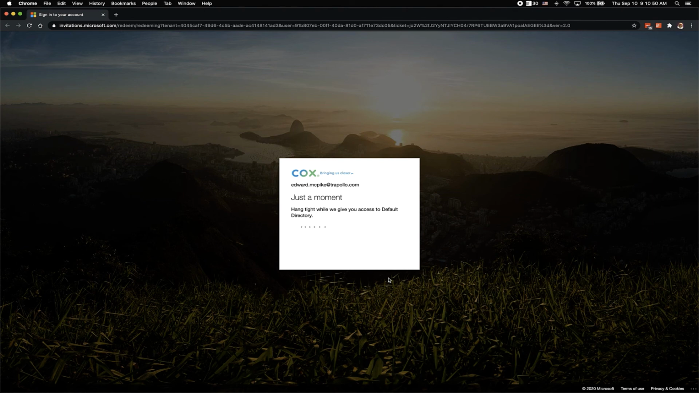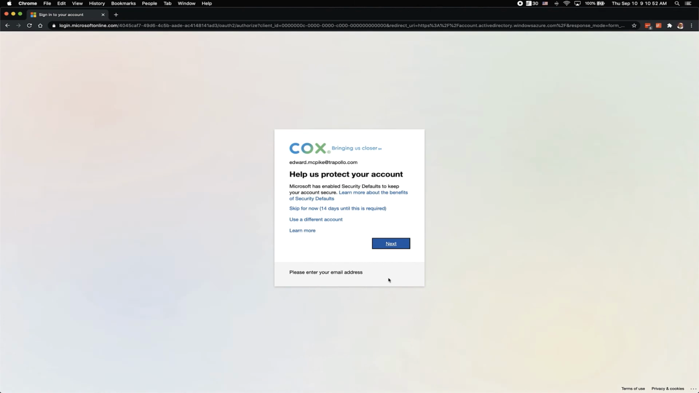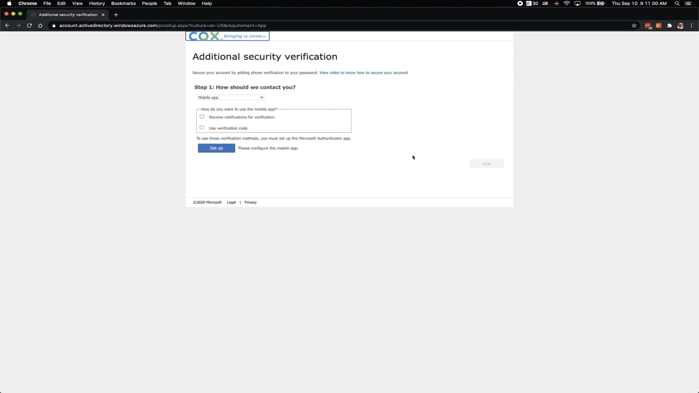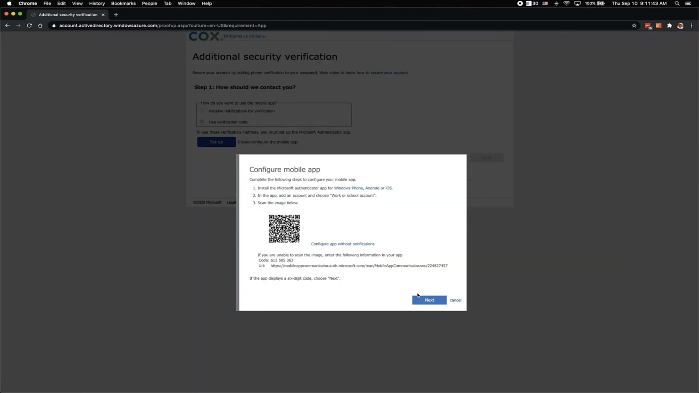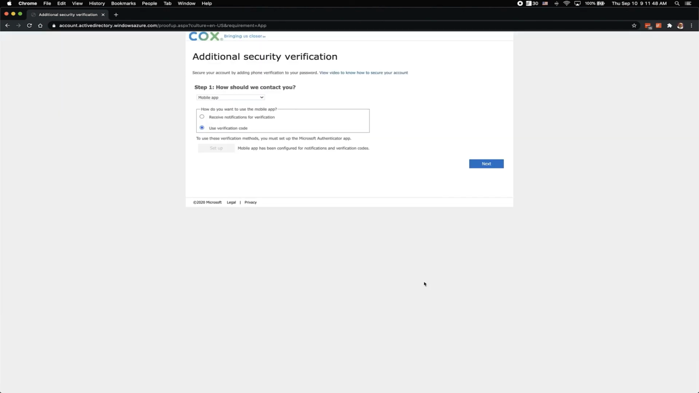As you can see, it's communicating back to the FileMaker server. And now it needs me to go through our security verification. It asks me how I want to be verified when accessing this app, and I'm going to use our verification code. I have now added this to my mobile security app. So we're going to click Next